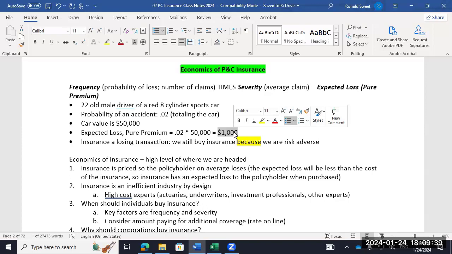And so what that means, and this is really important, I forgot to put the word because in the notes, but what this means is anytime you buy insurance, you're expecting to lose money. It's just the nature of insurance. Because your expected loss is the same as this. This driver expects on average to lose $1,000 a year, but he'll never lose $1,000. He'll either lose 0 or 50,000. But he's probably going to have to pay $1,200, $1,300, maybe even $1,400 for this insurance. Why would you spend $1,400 on something that you expect to cost you $1,000? Well, because you're not going to lose 1,000, you're going to lose either 0 or 50,000, and he just can't manage that losing 50,000.